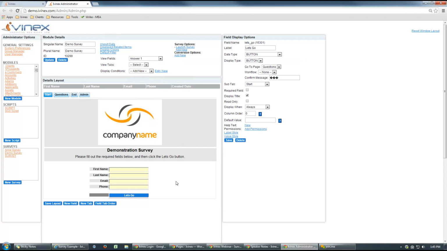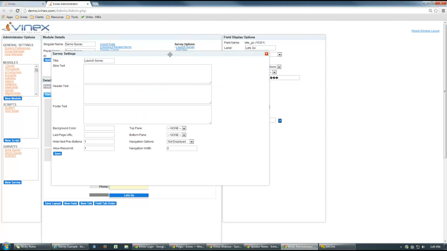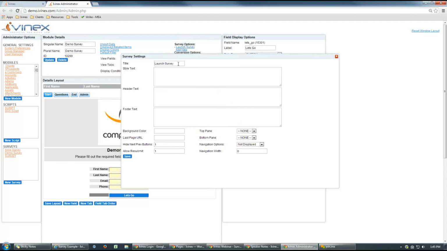Okay, so before you can even break out of the normal data module, you need to create what's called a survey option. That's up here in the top. When you load it, that'll be blank. It'll just say add new. And you'll want to click add new, and then it looks like this. It's kind of like some different settings. I called mine launch survey. I'm not going to explain everything in here, probably just the most important ones, which are